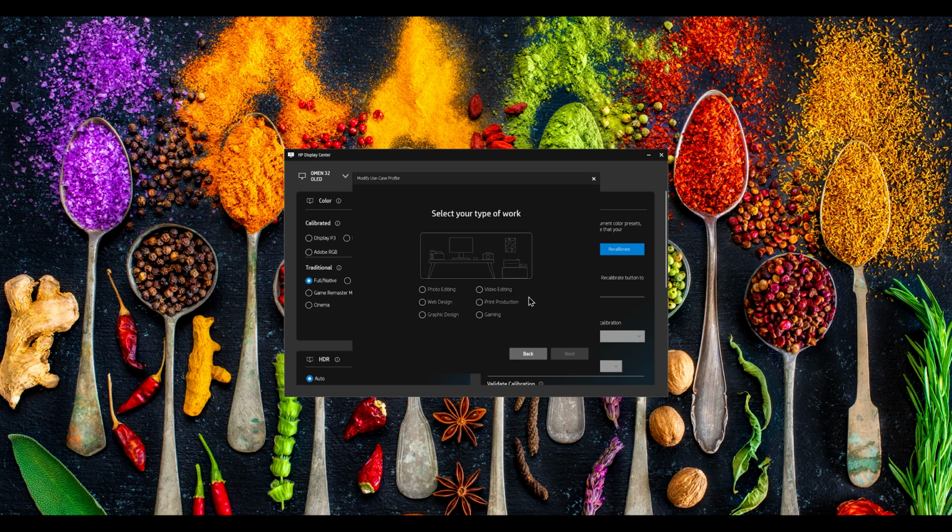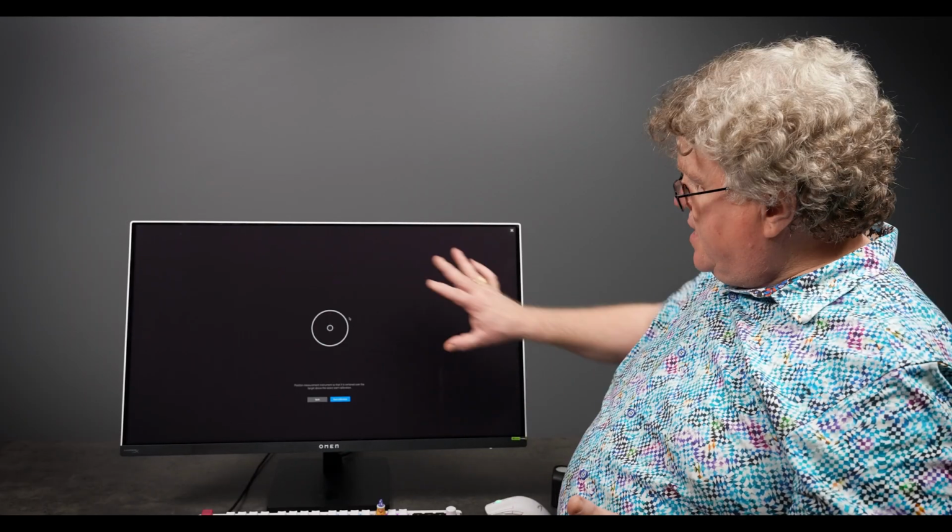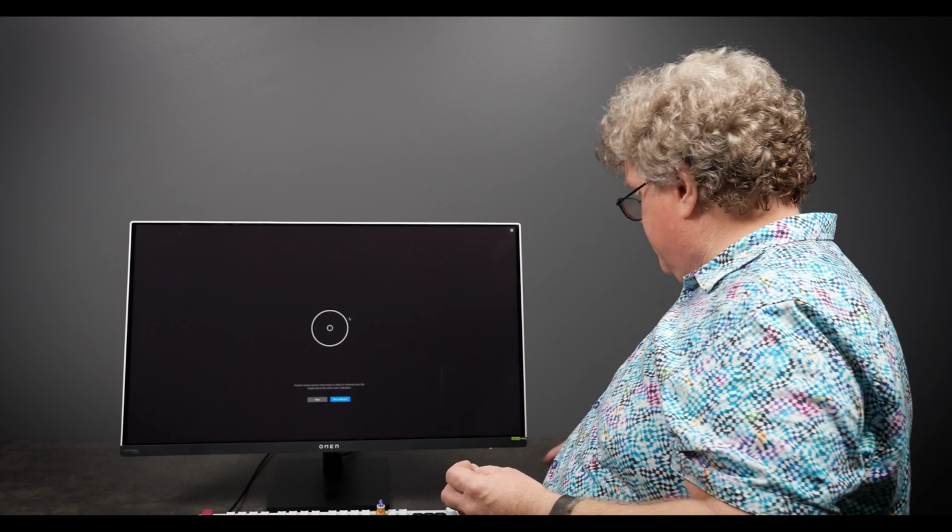So let's say that I'm going to do prints. I'm at print production. Next. It then asks me to tell it what the lighting of the room is. This allows us to set both the gamma and the luminance of the screen. So I'm going to tell it that I'm going to be dim lighting. Maybe there's no window. I just have low lights. And if I click next, it then is going to create a print production workflow. And again, the option is to rename the preset. I would click next. Once again, it checks the measurement device and I'm back to calibration again.